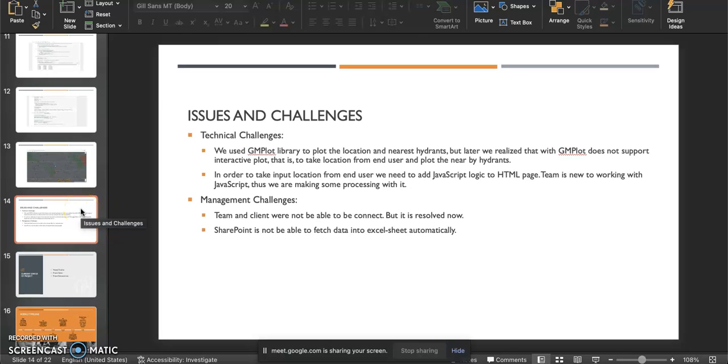So the issue that we have, I would not say an issue, but a drawback of gmplot, is that with the use of gmplot we cannot create an interactive plot. And with further research we came to know that in order to take an input from a user, we'll have to add a JavaScript logic on the web page. So here JavaScript,